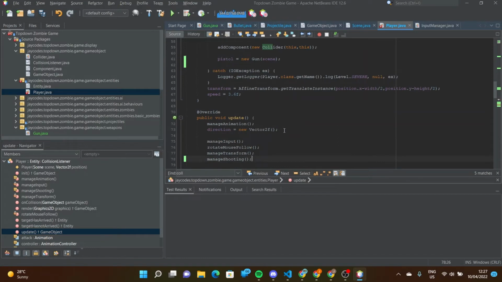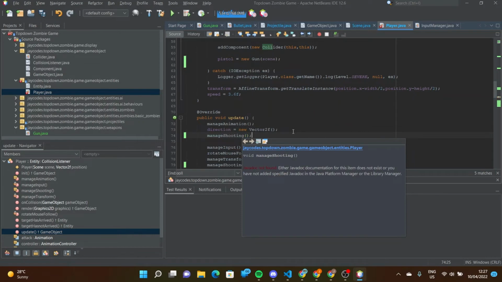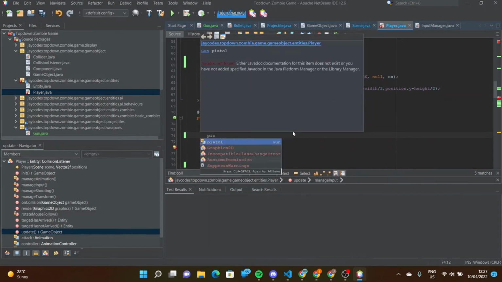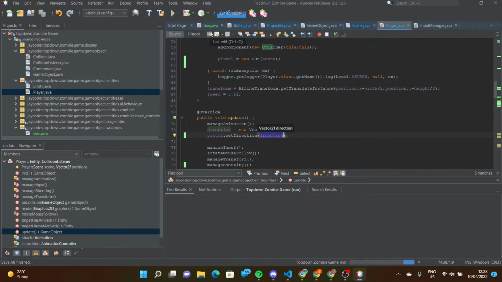Not only that, we need to set the direction of the mouse. So what we can simply do is say pistol.setDirection, not manage shooting. Pistol.setDirection to direction, just for now, and let's see what's happening. So now when we press play and test this thing out,